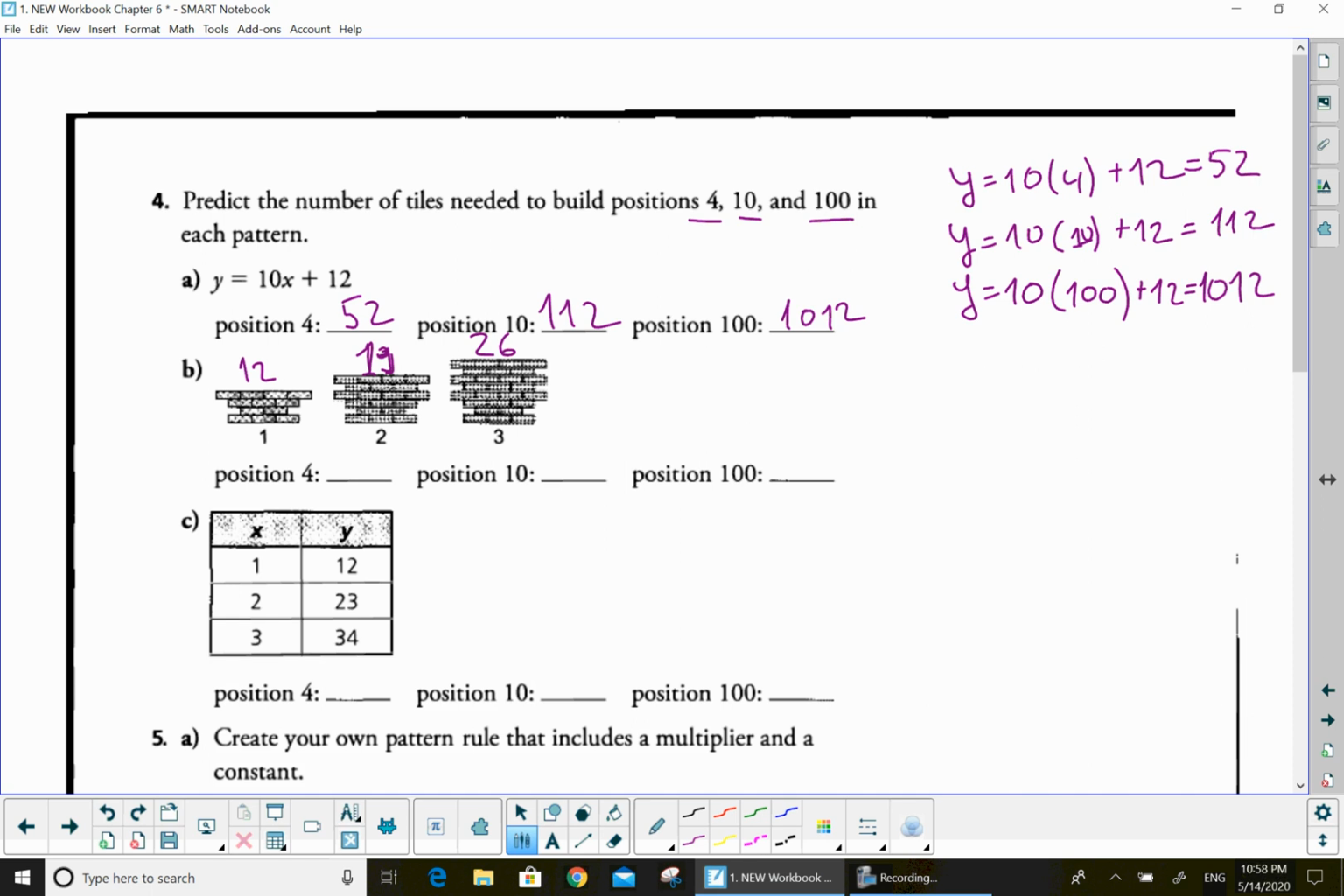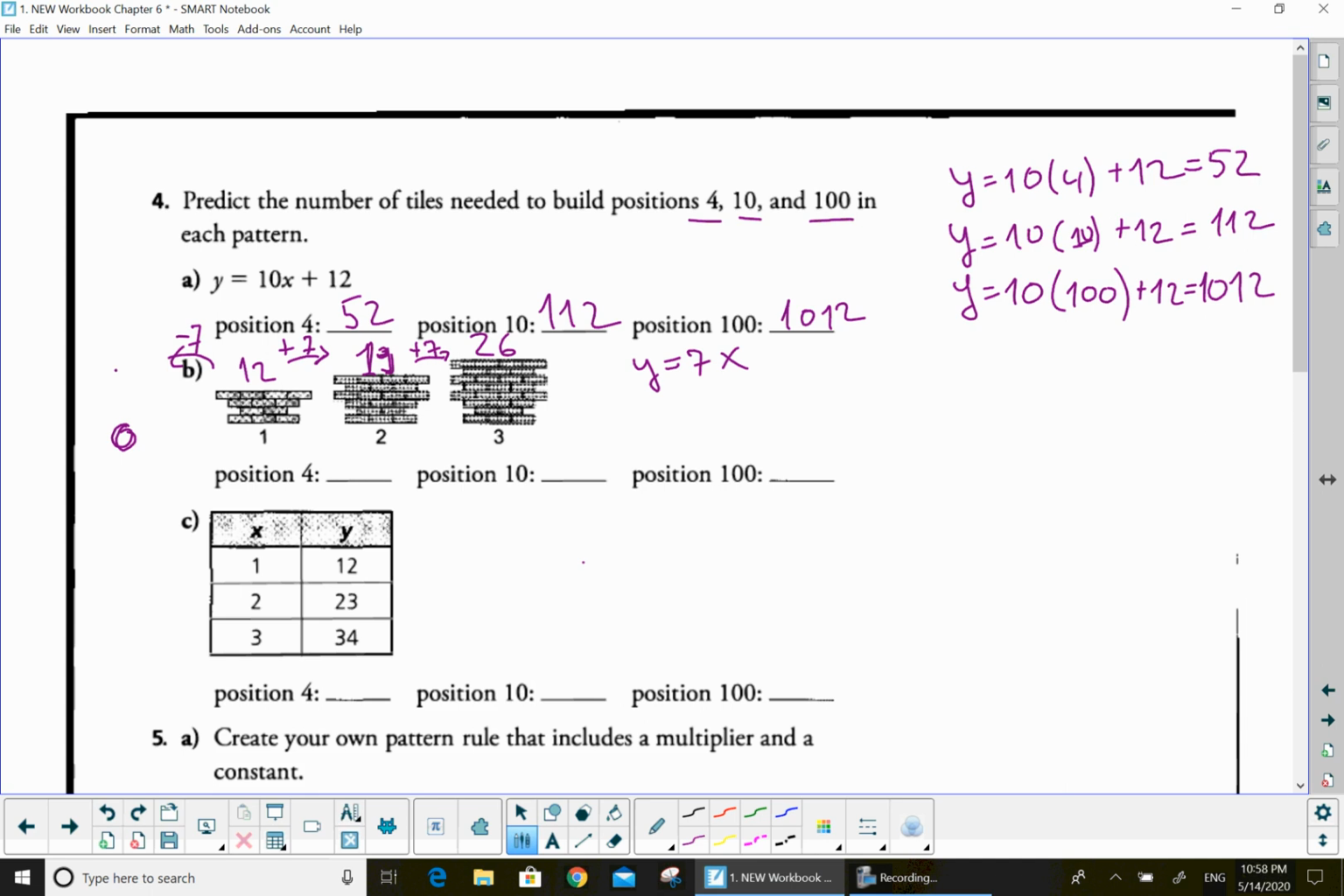All right, so it goes from 12 to 19. That's a jump of 7, so plus 7. There we go. And then from 19 to 26 is also plus 7. That means their pattern rule is at least 7x. And if we're working backwards to find the constant, the part that's not changing, I'm just going to subtract